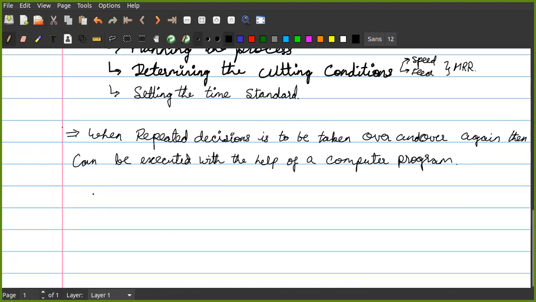Okay, so we see that there are basically two types of process planning. First is called traditional process planning. In traditional process planning, there are variations in the level of details found in the route sheets among the different companies and industries.